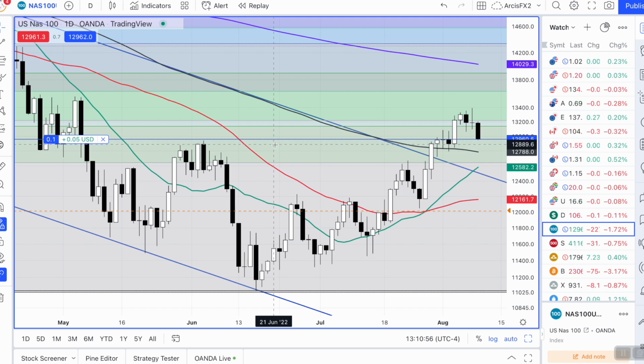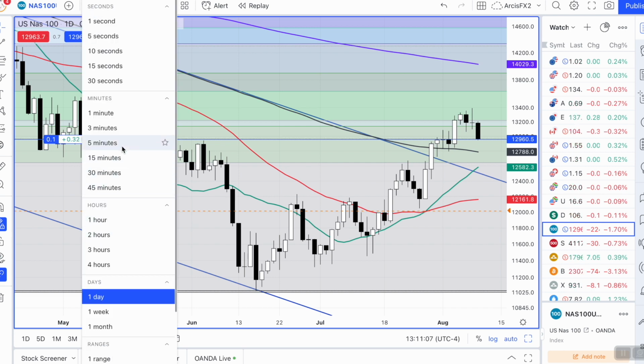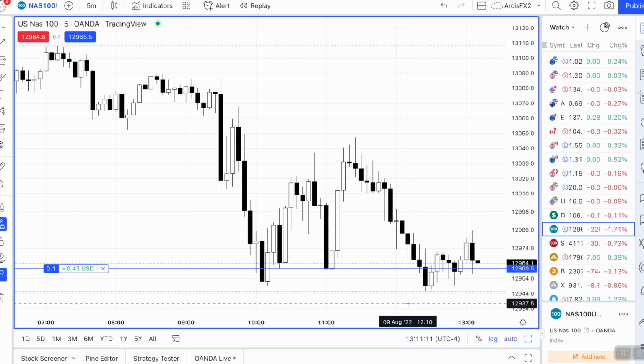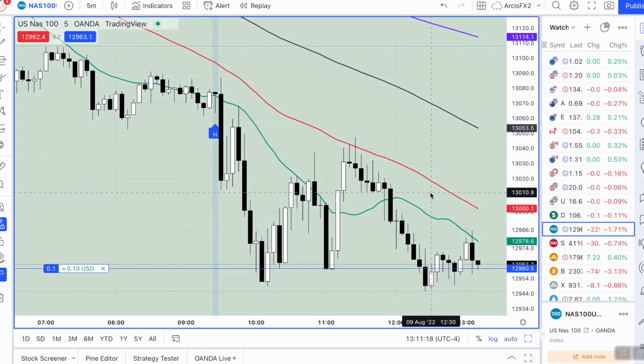I don't think we're going to get beneath the bodies of those candles today, or at least on this attempt. So the bodies of those candles are at 129, so I know where to put my next little bit in. So that's a little bit beneath where we are at the moment. But hopefully we won't have to do that, and this one will bounce up